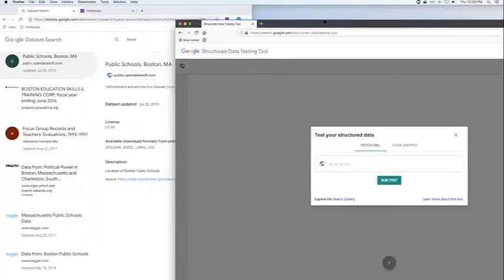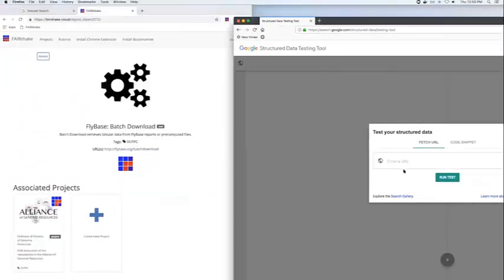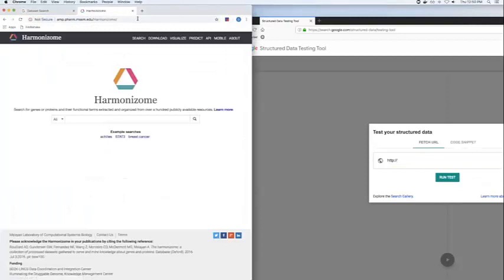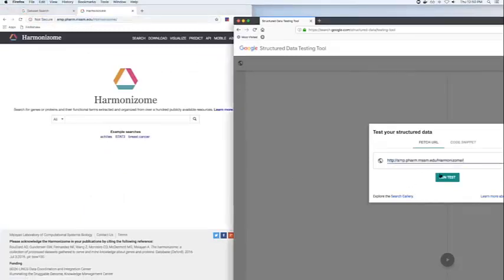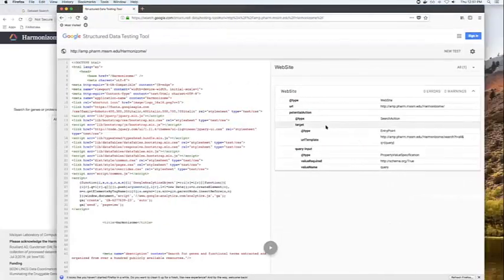To see how this actually worked for HarmonyZone, we can try to actually use this. We can use this tool on HarmonyZone and see what's happening.